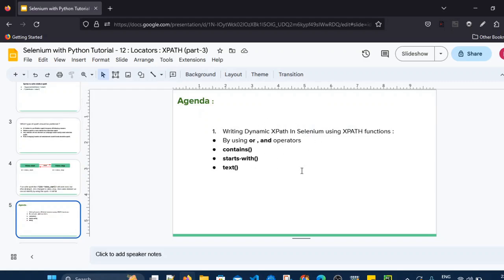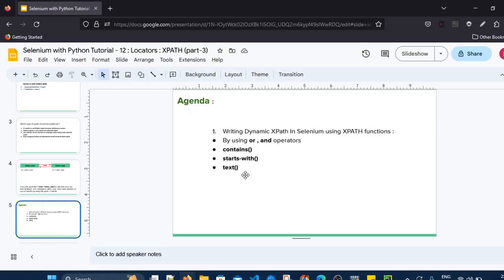To write dynamic XPath in Selenium we can use some operators, for example the OR operator and the AND operator, and some functions like the contains function, the starts-with function, and the text function. We will see one by one how to use these in our XPath.